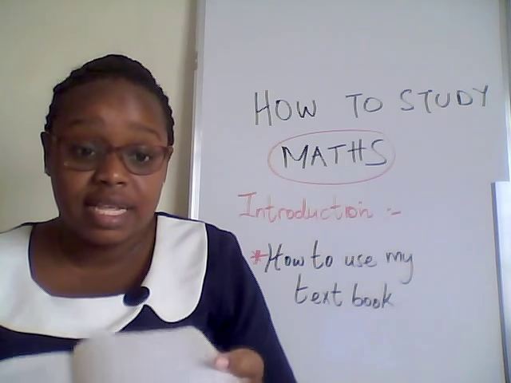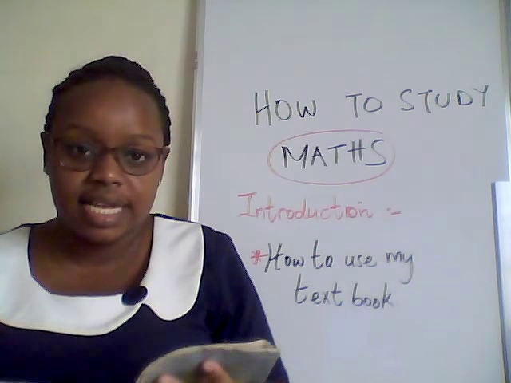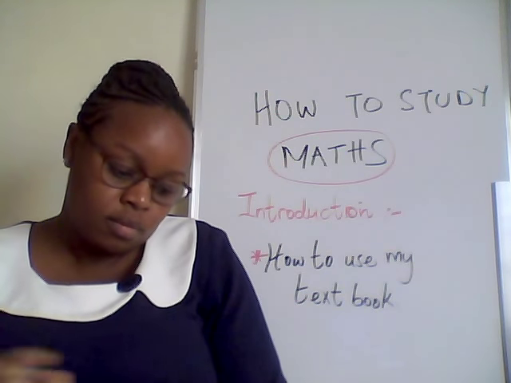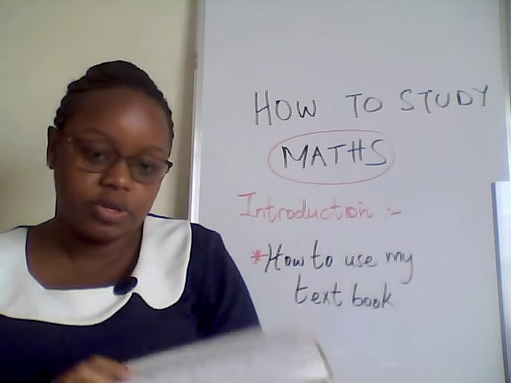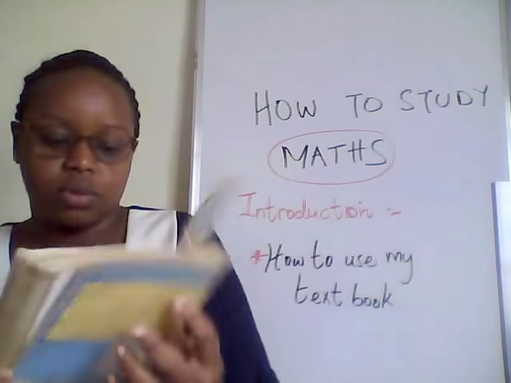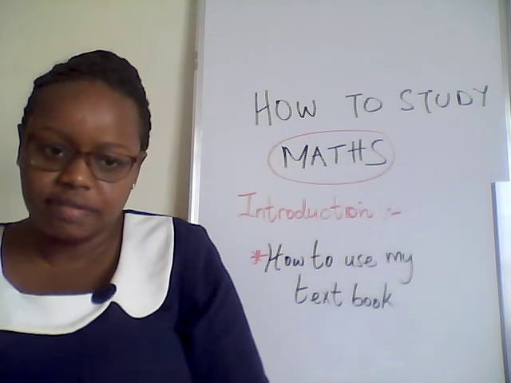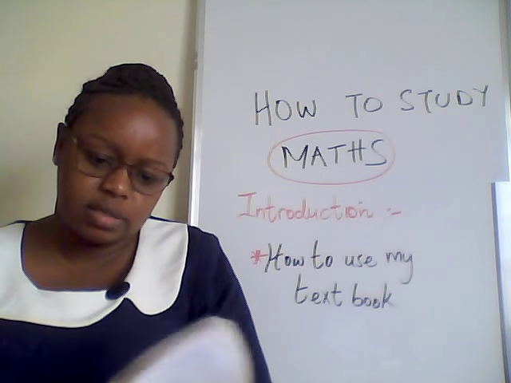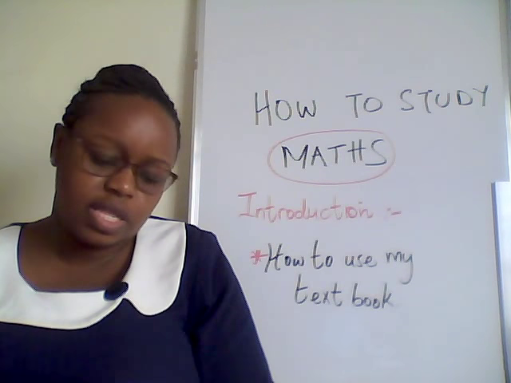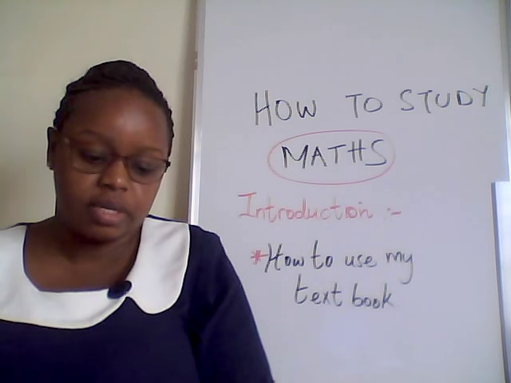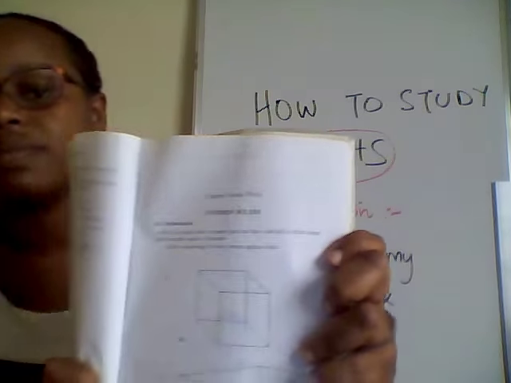Let's pick even another different topic. We can use the last topic in the Form 1 book, common solids. 271 is the page. So we go to page 271 and actually see whether the introduction is the same and it is something that someone can actually read. Look, you see,